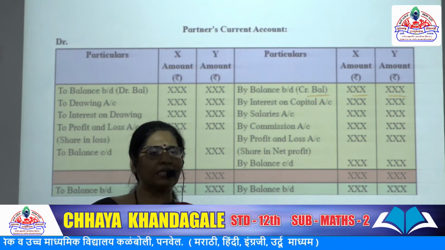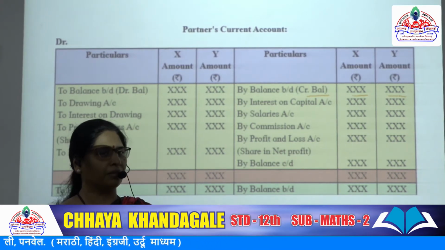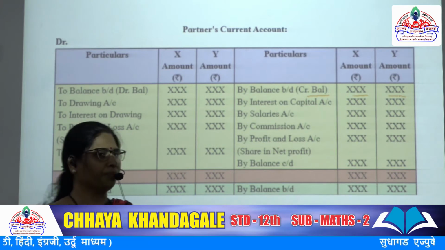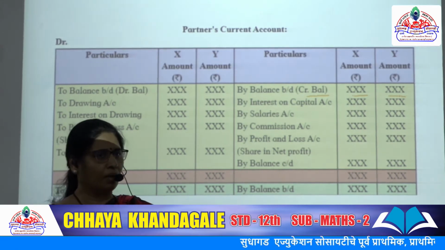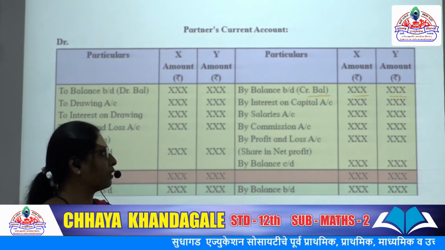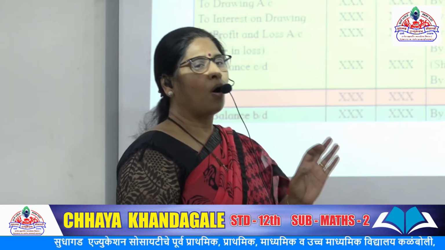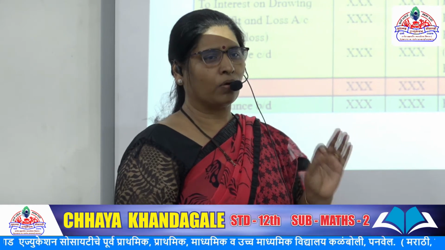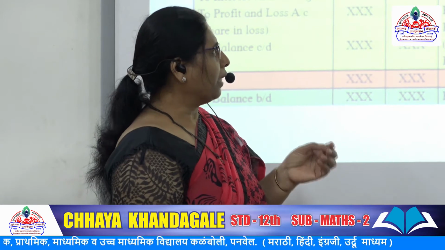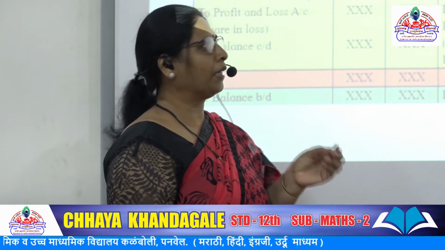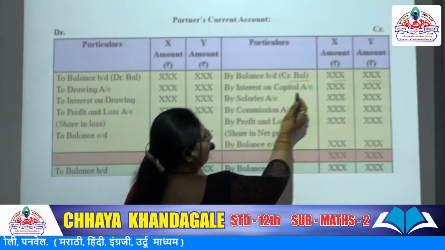Now there are various adjustments in the partnership. In the partnership deed we have studied, in the last session I have taught you how much interest applies. If the partnership deed is silent about it, then no interest on partners' capital, nothing will be given. No interest on drawings, nothing will be given. Only interest on partners' loan account will be paid at 6%. But when the partnership deed mentions that interest on capital should be given at 5%, 10%, then interest on capital will be given,